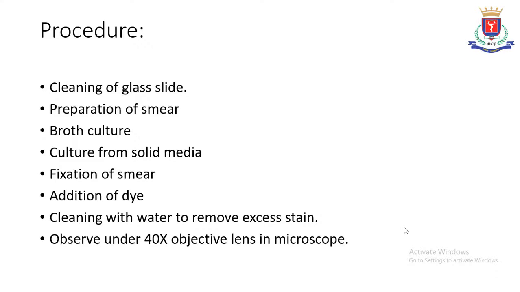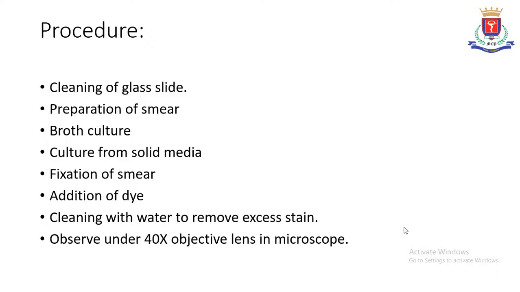For that purpose, you will introduce the nichrome wire loop on the flame and sterilize it. After sterilizing the nichrome wire, you will put it in the broth culture which contains the bacteria. Then you will transfer that bacteria into a saline solution and keep the inoculum ready. In case solid media containing the bacteria is available, the same procedure has to be repeated, and a small amount of the bacterial culture is to be transferred into the fresh saline solution and the inoculum is to be kept